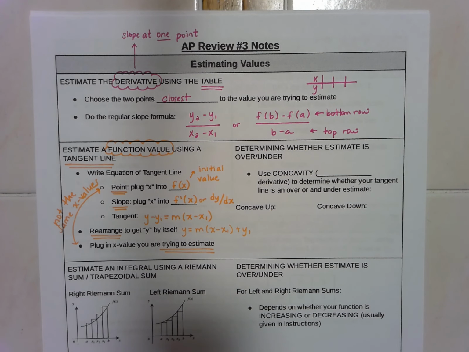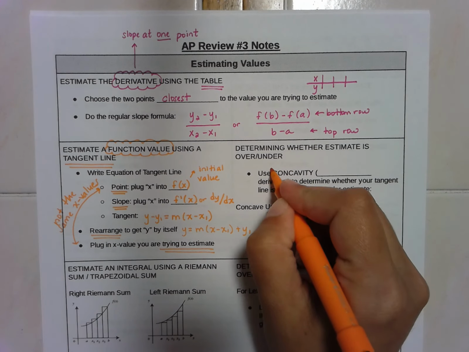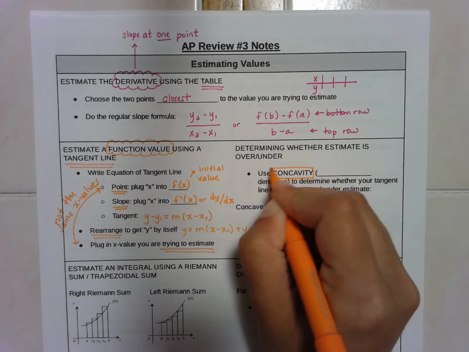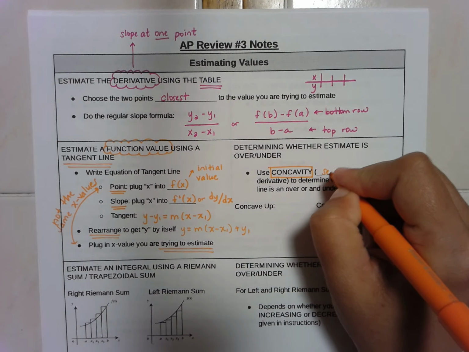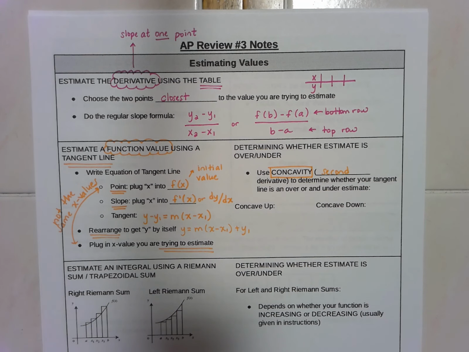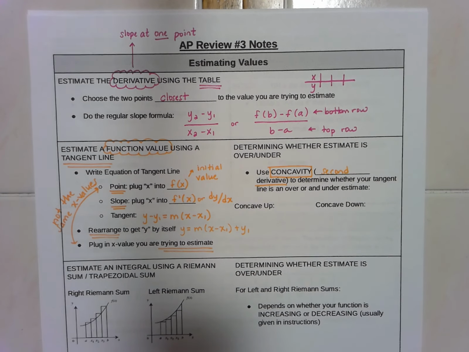Now, in addition to estimating a function value using a tangent line, we are often asked to determine whether the estimate that we just calculated is an over or an underestimate. In order to do that, you need to use the concavity of the function. As a reminder, that means you're going to be looking at the second derivative of the function. So that might mean you actually have to find the second derivative and then plug in your number to determine